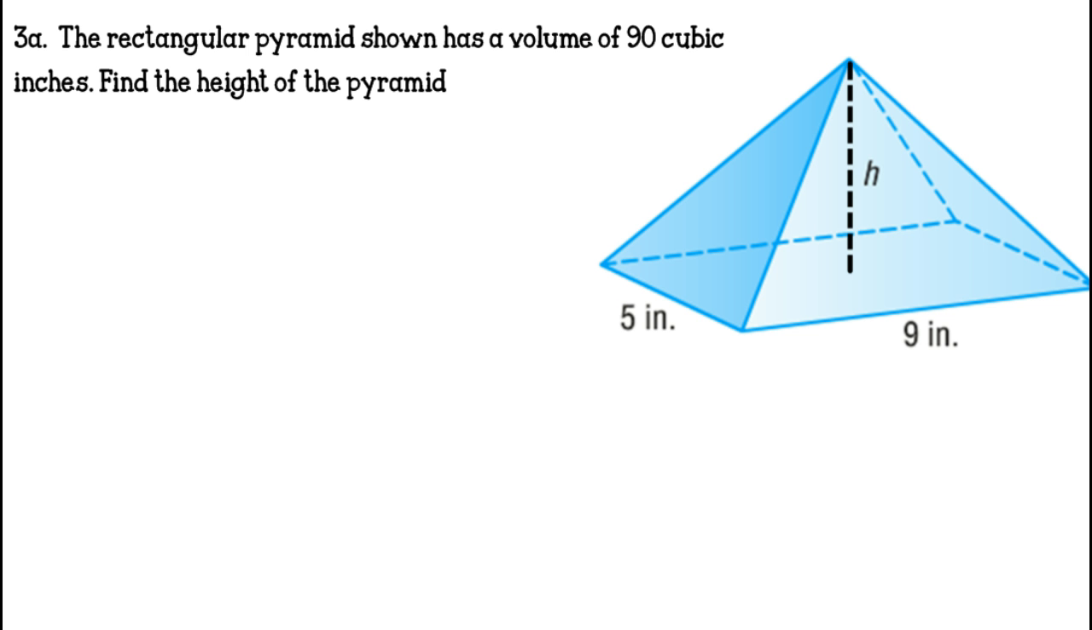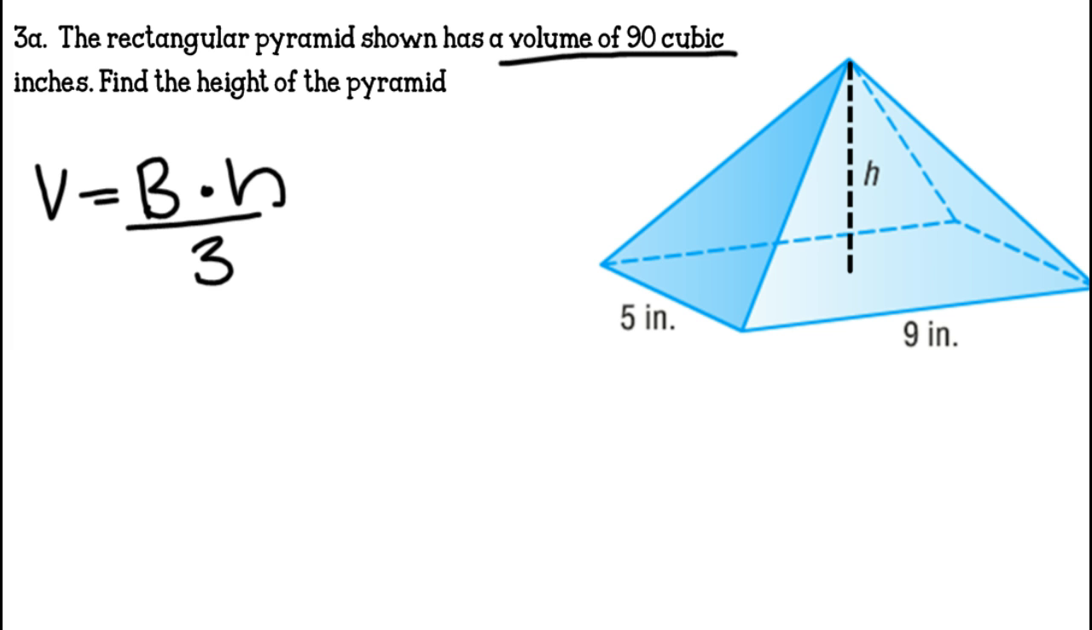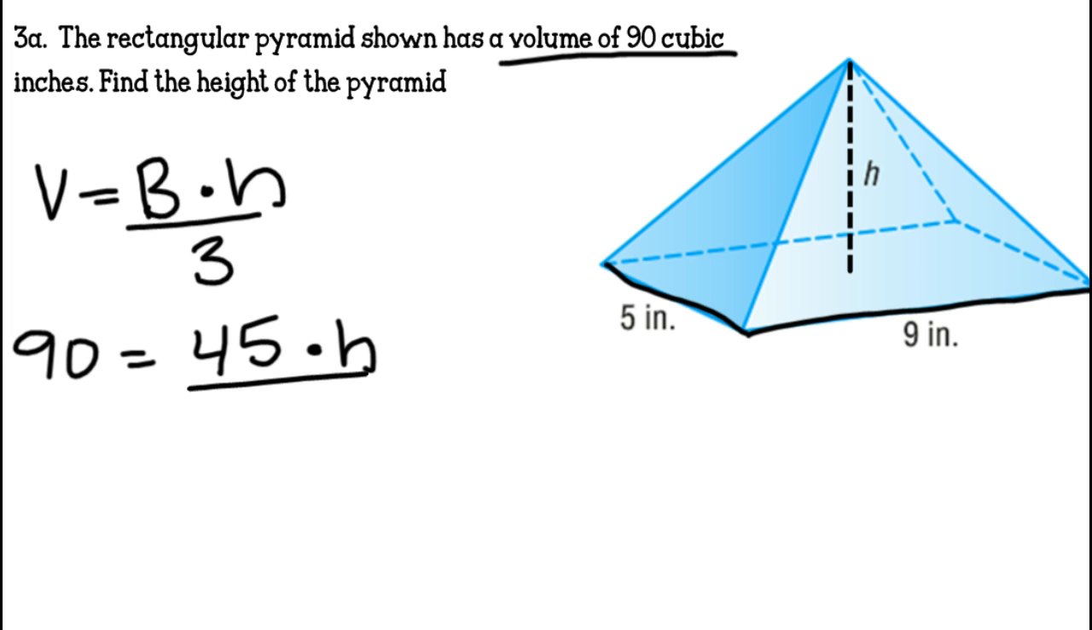Okay, 3A, we get a little trickier. We write out our formula, which is volume equals the area of the base times the height divided by 3. And they give us that the volume is 90 cubic inches, so we do 90 equals, we know the area of the base because they give us the base has a width of 5, a length of 9, so the area of the base is 45 times the height divided by 3. So to get rid of this 3, I'm going to multiply by 3,